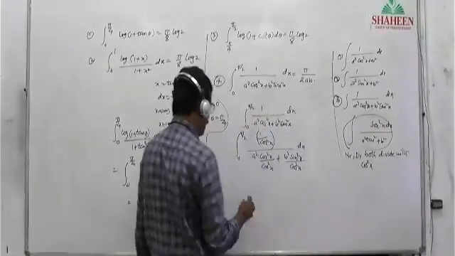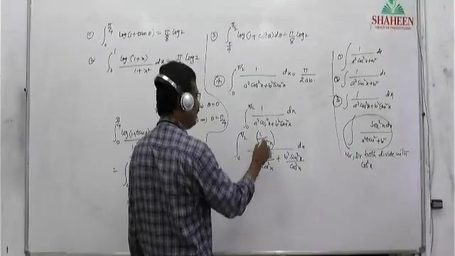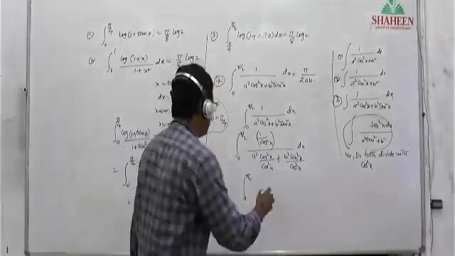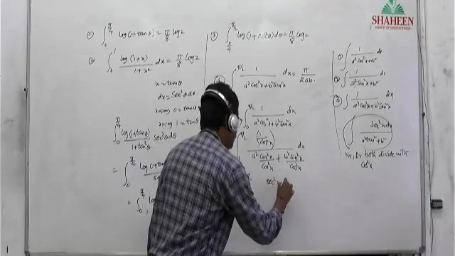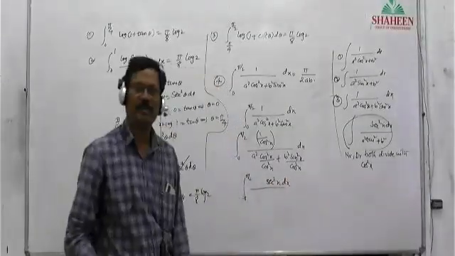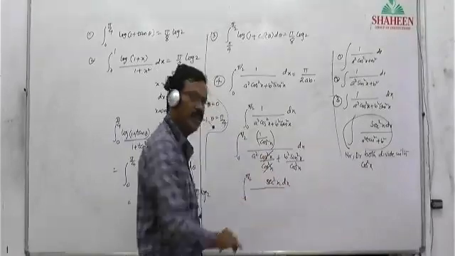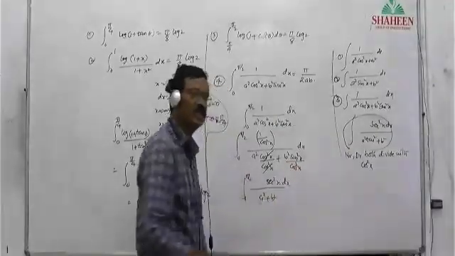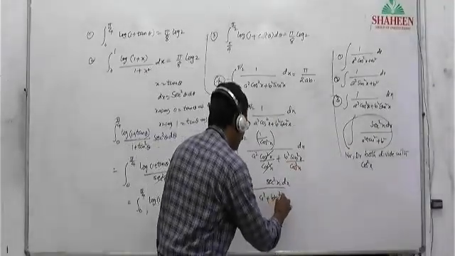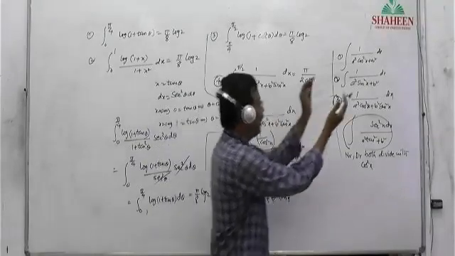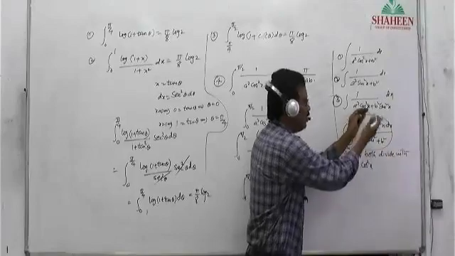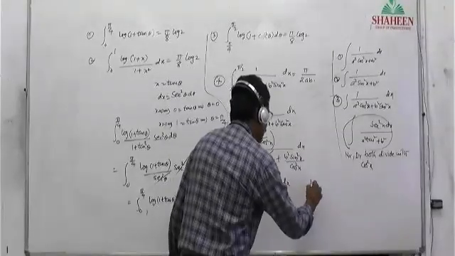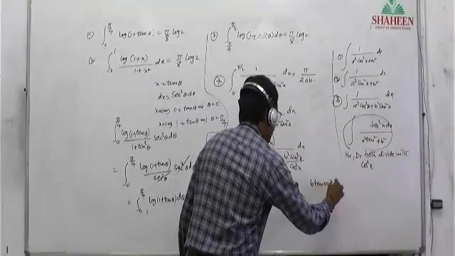See that here, from 0 to pi by 2, what is 1 by cos square? That 1 by cos square is sec square x. Very simple. Sec square x dx by the denominator, cos square cancels, and a square plus b square into sin square by cos square, nothing but tan square x. Now see that this problem becomes like this: denominator tan, numerator sec square. Therefore I am taking b tan x is equal to t.